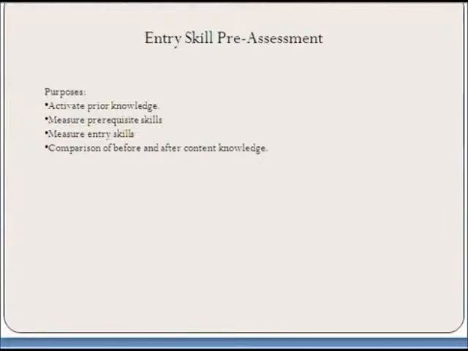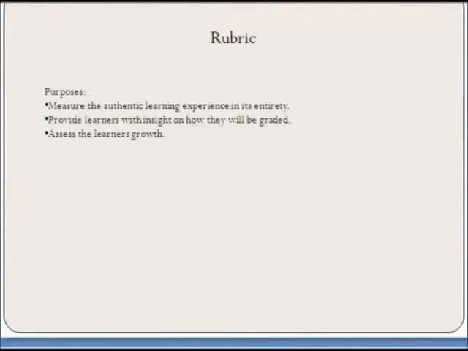Here we're looking at just the purposes of the entry skill pre-assessment. The entry skill pre-assessment is going to activate prior knowledge, as well as measure prerequisite skills, and it measures entry skills. The assessment will be given twice, once prior to instruction and after instruction. So therefore, it's going to be a comparison of the before and after content knowledge. Next,